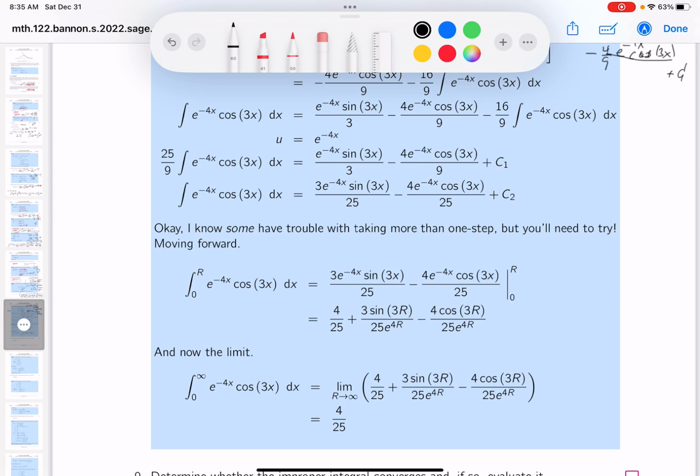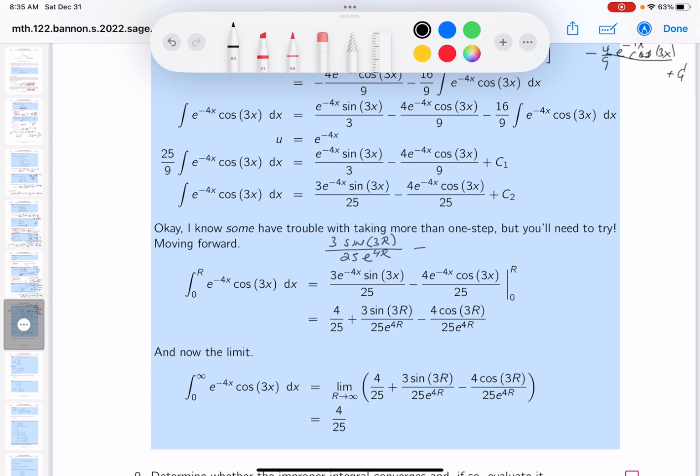I'm going to write it without negative exponents though. I'm going to write it as 3 sine 3r, and on the bottom you would get 25 e to the 4r